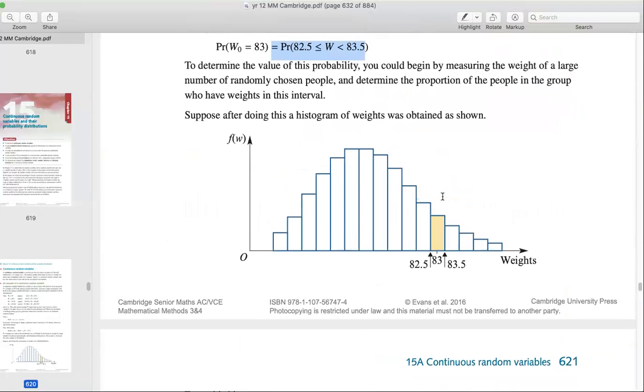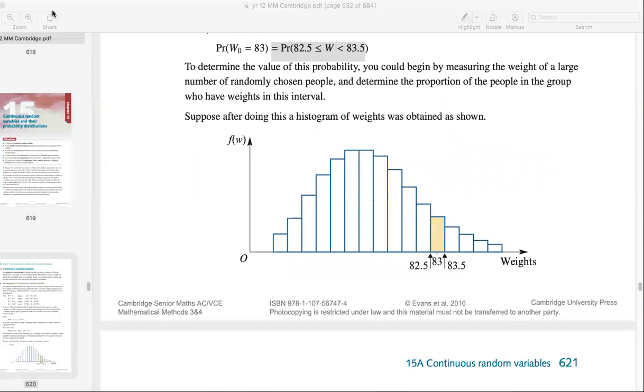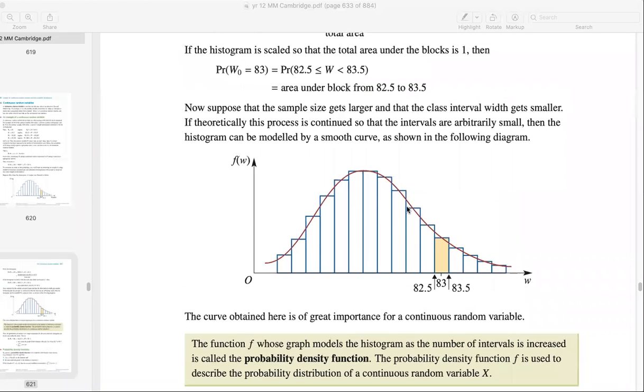So if we make this histogram's bars tiny, then we can make it a smooth curve, and we call this smooth curve the probability density function, and only the interval, or the area under the curve, will give our probabilities. Okay,